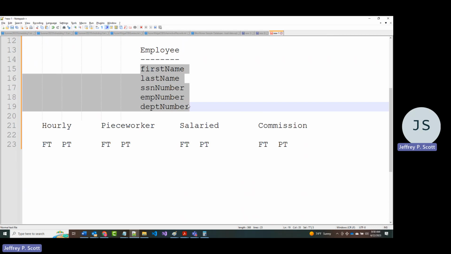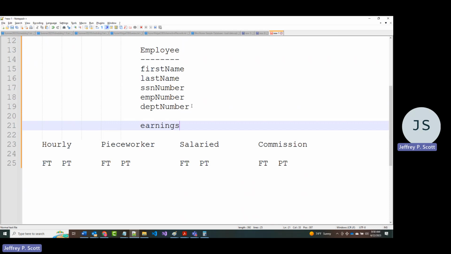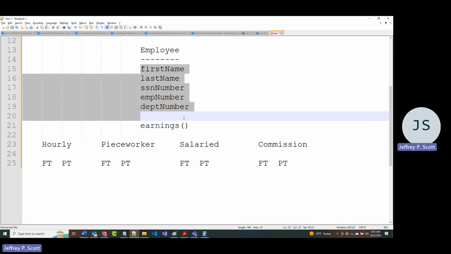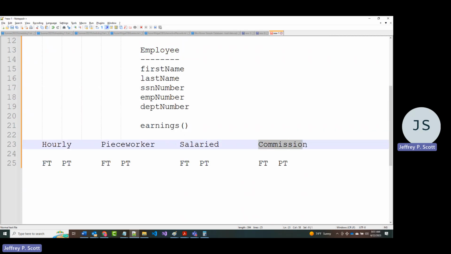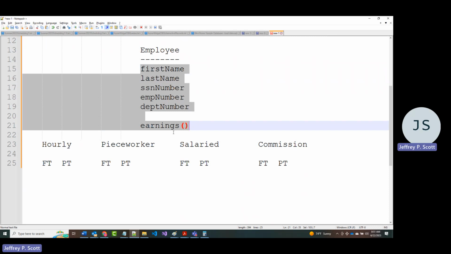But let's also say that we come in here and we create a method. So this is data, but we create a method. We're going to call it earnings. If I create hourly based off of employee, all my hourlies will automatically have access to all this stuff. If I create a piece worker based off of employee, they're all going to have access to this stuff. If I create a salaried based off of employee, they're all going to have access to this stuff. And if I create a commission employee based off of employee, they're all going to have access to this stuff. But the way